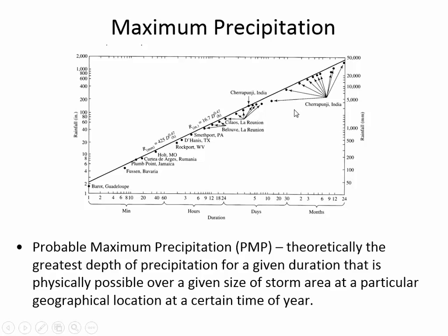And historically, it's interesting. Here's West Virginia on the map. That corresponds to, looks like the 2-hour storm, Rockport, West Virginia. I don't know anything about where that is or when that storm was, but